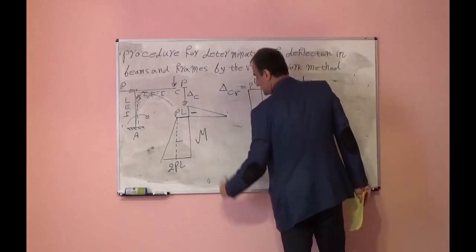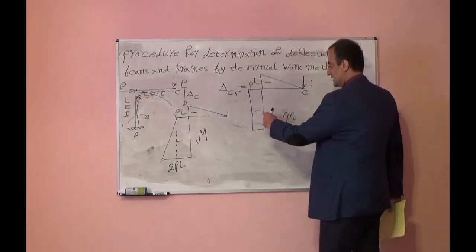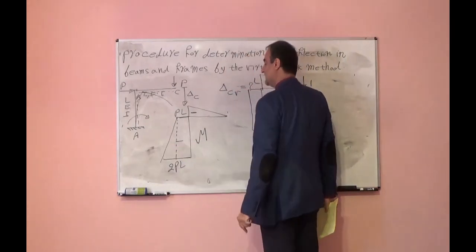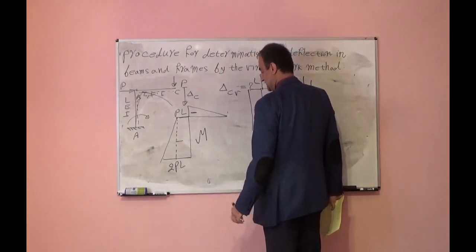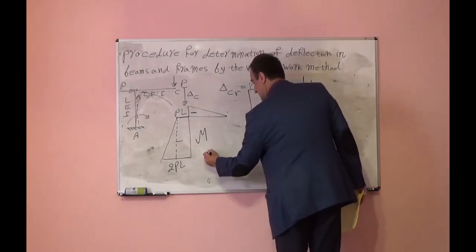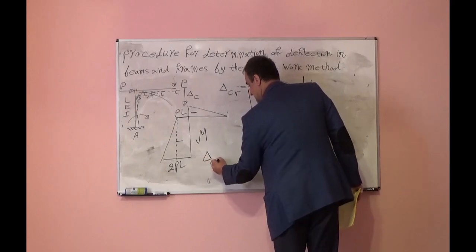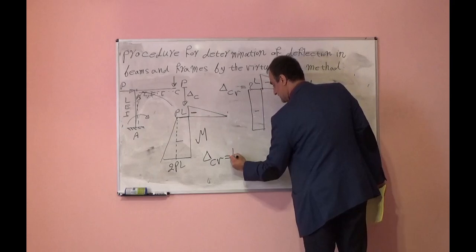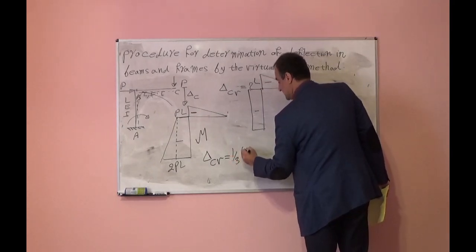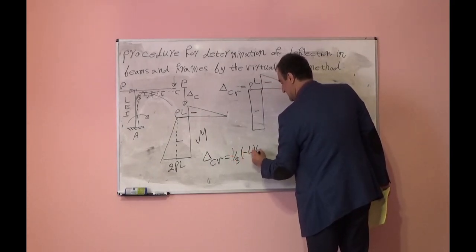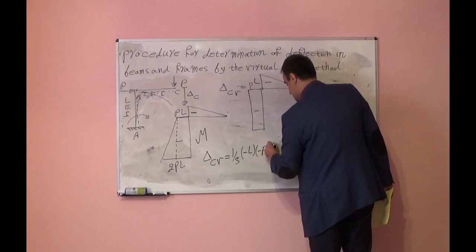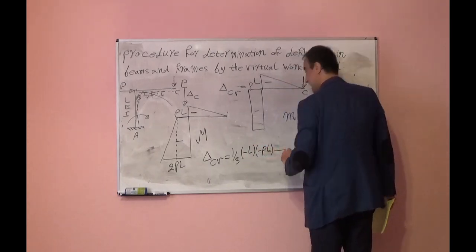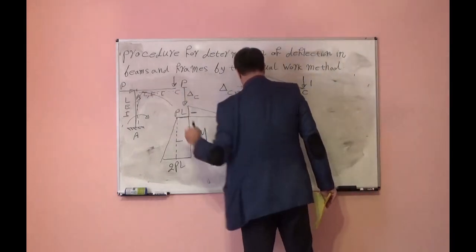Rectangular to rectangular will be 1. Rectangular to triangle will be 1 over 2. So delta CV will be this triangle to this triangle, 1 over 3 times minus L times minus PL times the length, which is L,